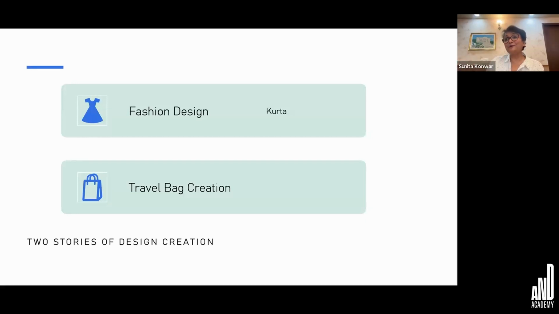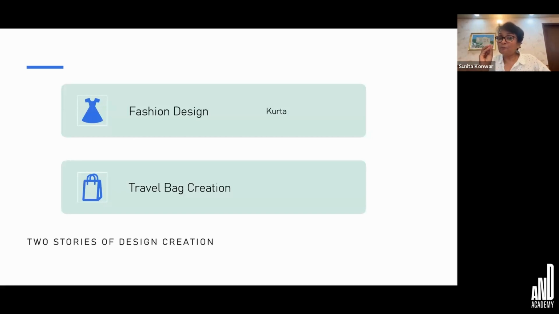Which market are you going to sell in? They had no clue. What is the price at which you're going to sell? Again, they had no clue. So just imagine, what a wonderful design idea. But we couldn't give them any price because there was no business plan in it.